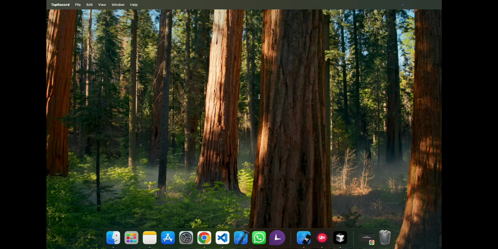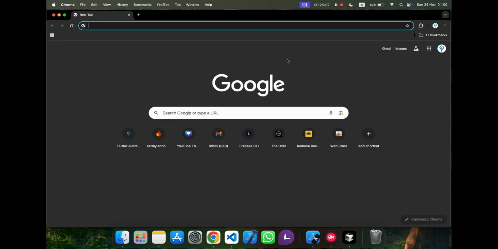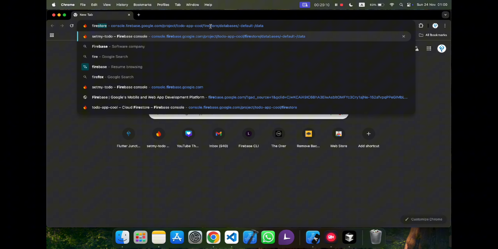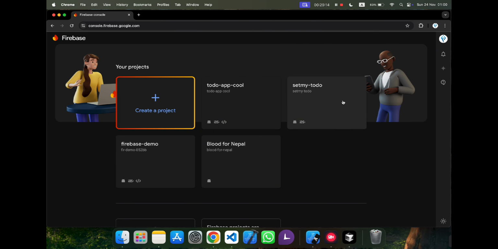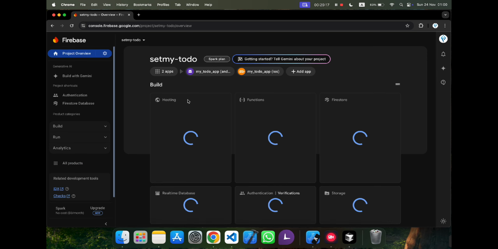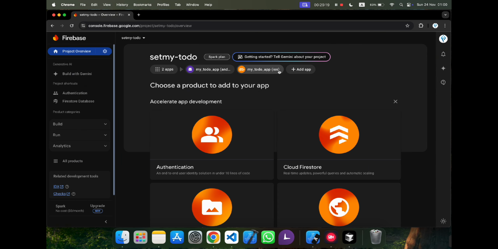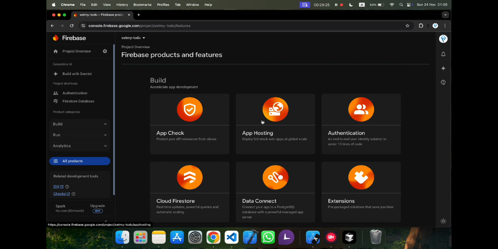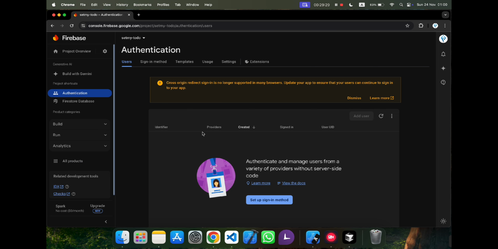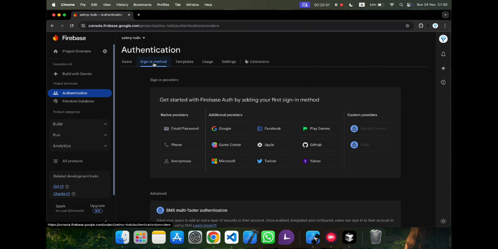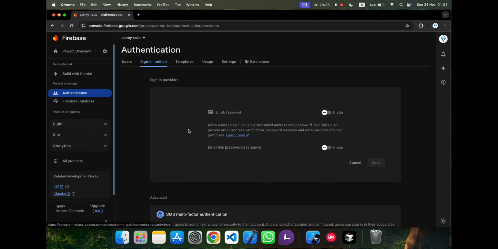For that, we are going to our Firebase. Okay, let's go to the home page first, and then I'm going to select my project. As you can see, these projects are already created. I'm going to find this authentication, and if it is not showing in your project, you can go to all products and then find authentication, and then sign in method, and here we need to provide this access. So we need to provide this email and password, save,